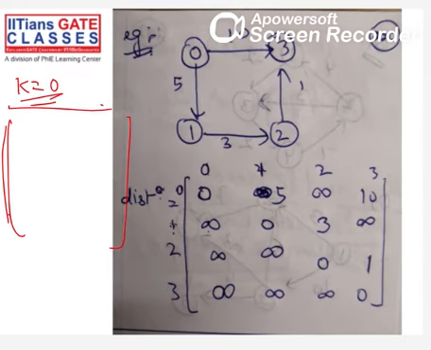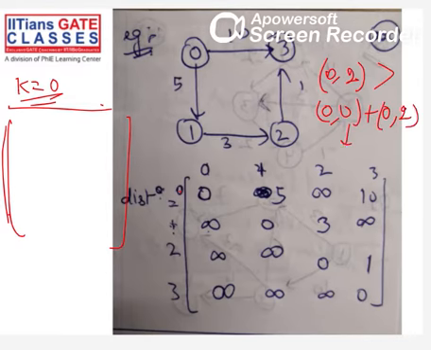All right, same things. Now, what you have to check is whether the path from 0 to 2, for example, is greater than from 0 to 0 plus from 0 to 2, because this is k, right?